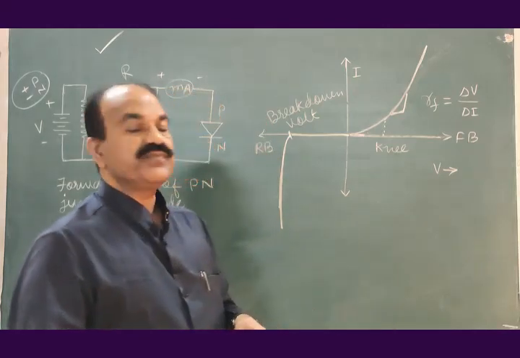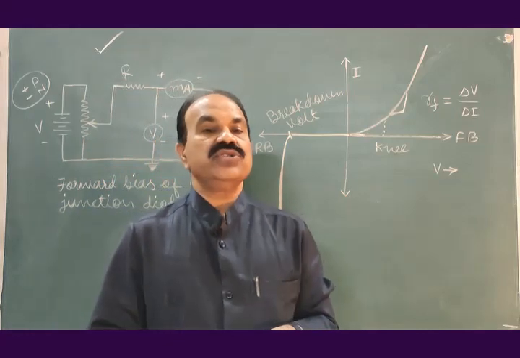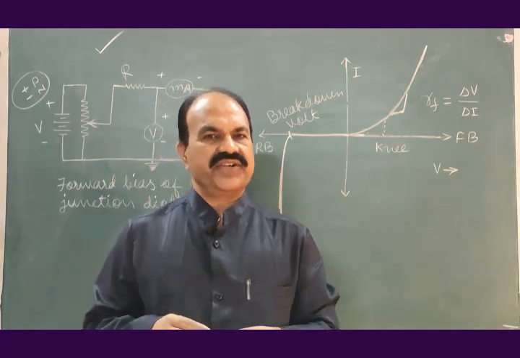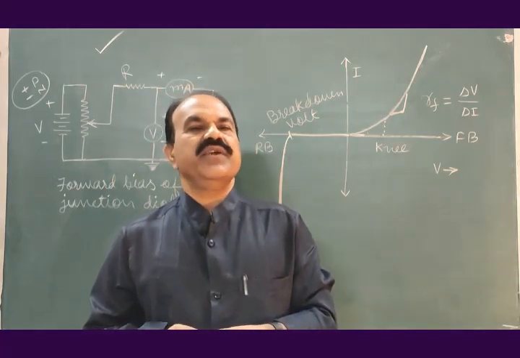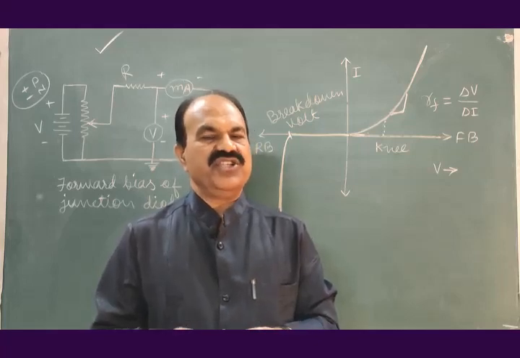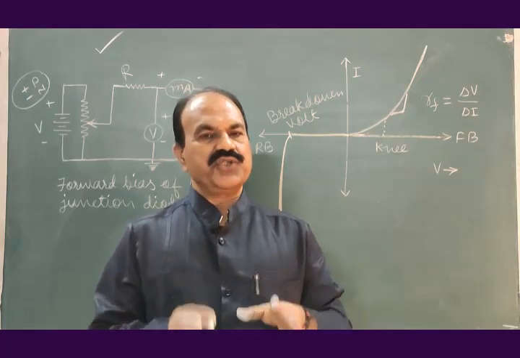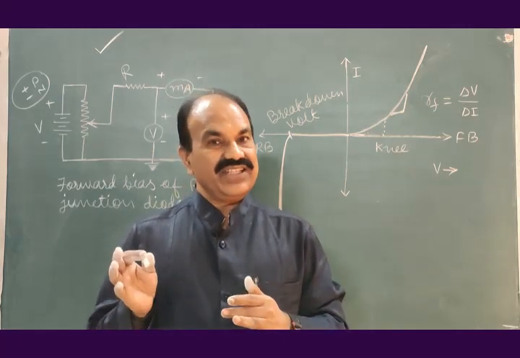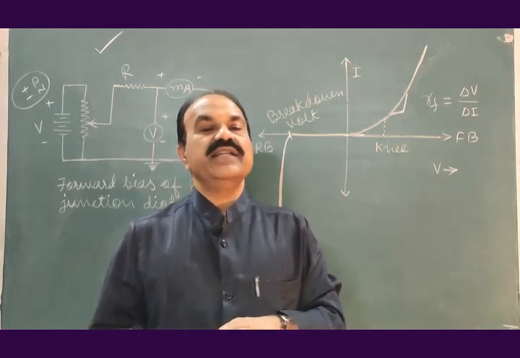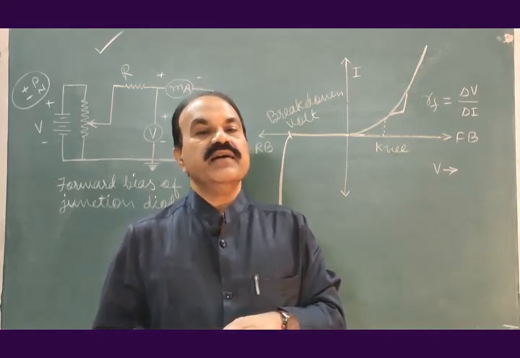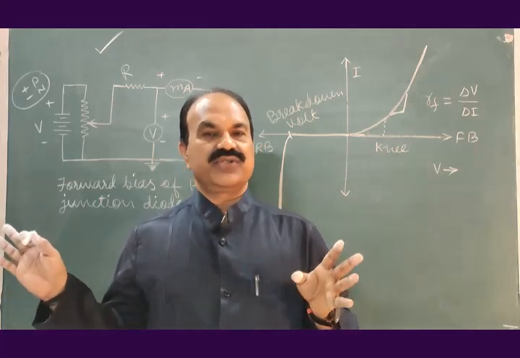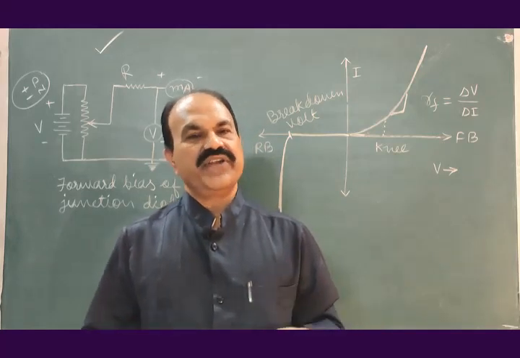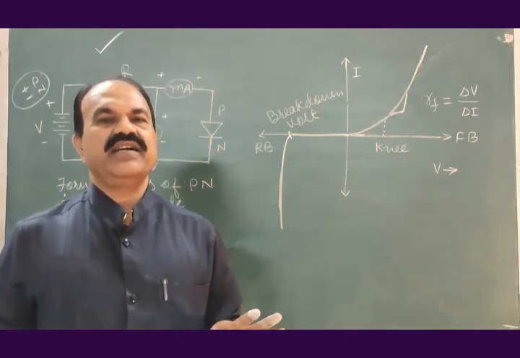This is about the PN junction diode, from its construction up to its VI characteristics. I have explained each and every point needed for the PN junction diode. Hope you understood. Watch the video carefully, listen to the things explained carefully, so that you will be very clear about the PN junction diode, its construction, working, its VI characteristics, etc.